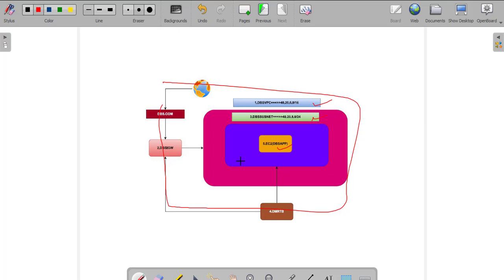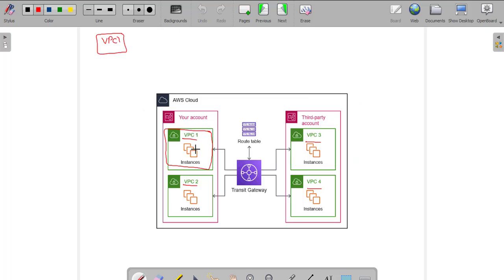So the communication is from one VPC to other VPCs, for example 1 to 2, 2 to 3 and 3 to 4. The main difference between VPC peering, which I discussed in real time in the previous tutorial, and today's topic on transit gateway is